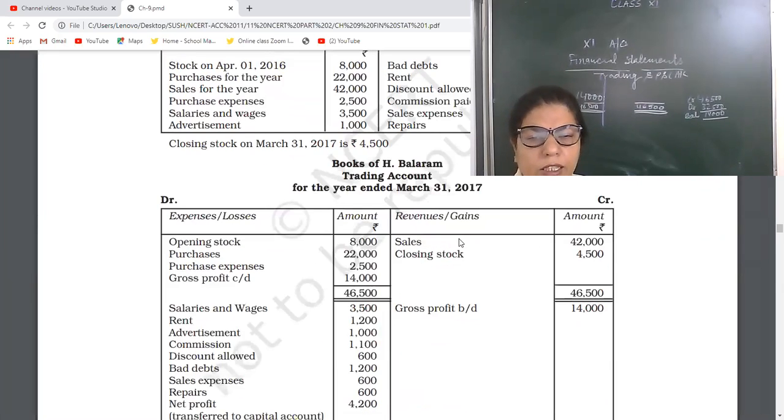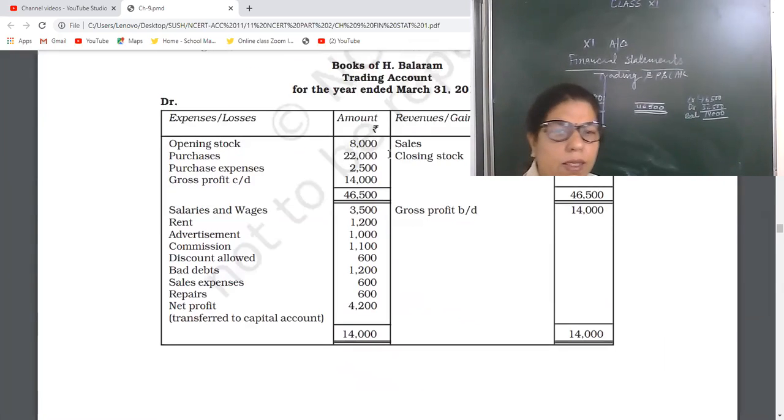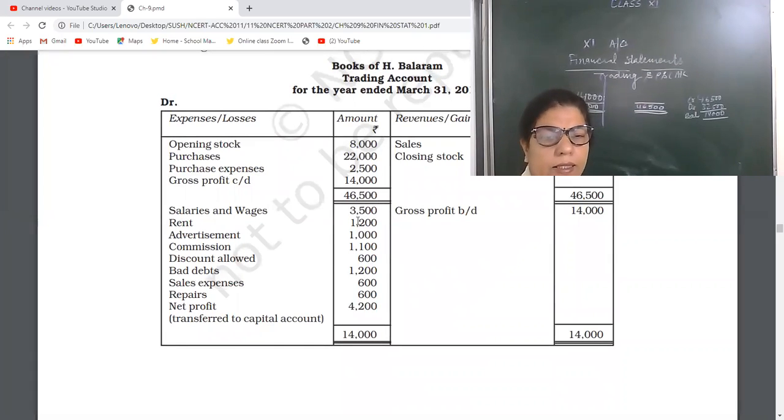All expenses we will transfer to this side. Salaries, rent, advertisement, commission. Note down please. These are all indirect expenses, expenses related with office, selling, marketing, distribution. That's why office expenses are to be entered in